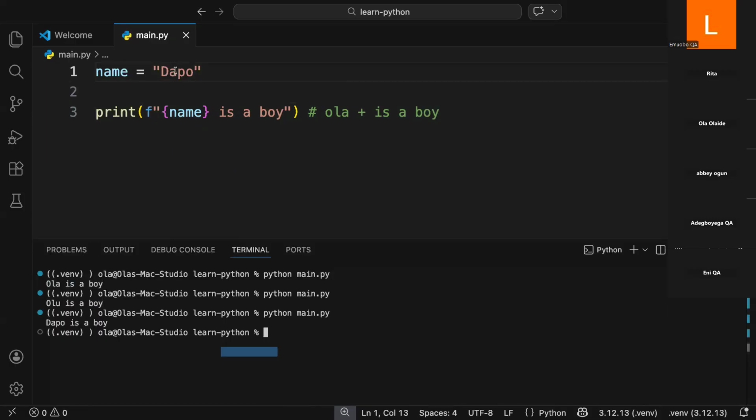Because this variable can change, it's not static anymore. Remember, this is one reason why we use a variable: we want to store values that can be changing, and we don't want to repeat ourselves. The concept is, when it comes to a variable, you can replace a string here and any other variable type. What I mean by that is, if I do age equals 10,